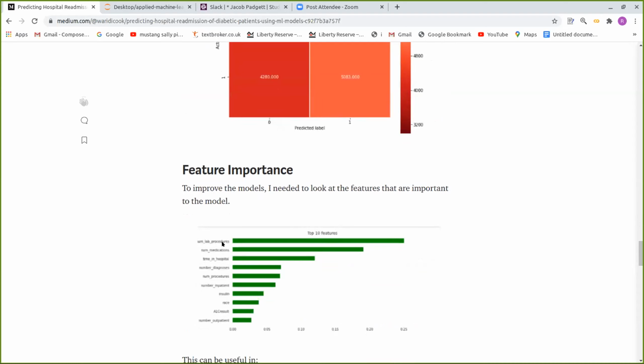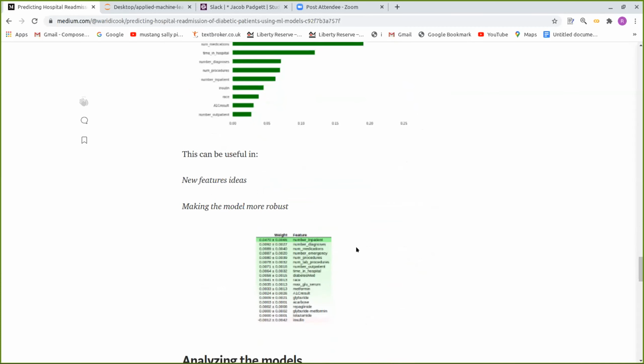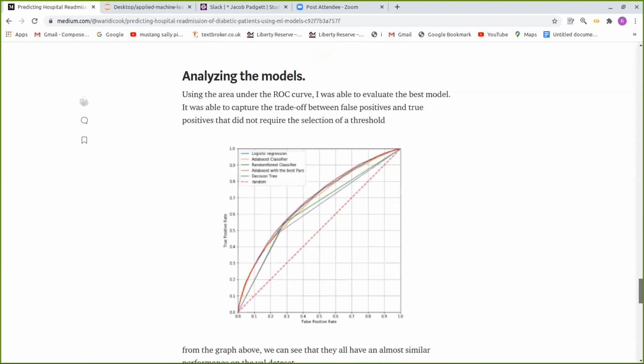And that kind of agrees with what my dad went through last year and the medications that he was taking, which is kind of true. And also I did the permutation importance, but in this case, the top one was the number of inpatients. Also, I did analysis of all my models and—